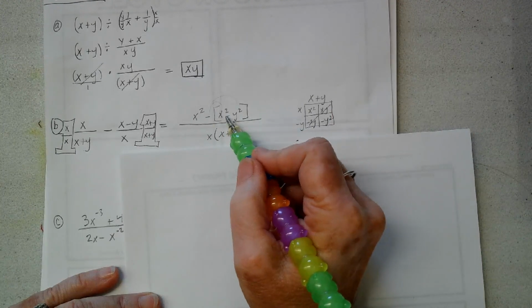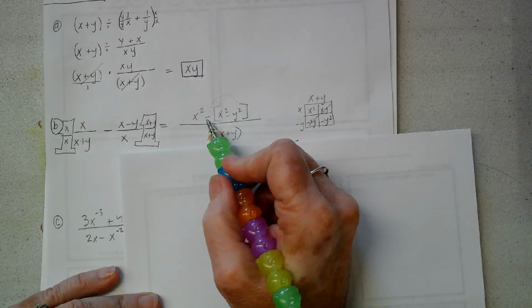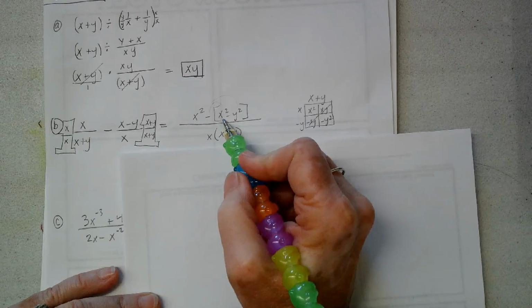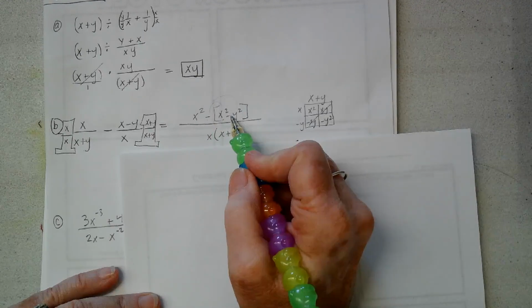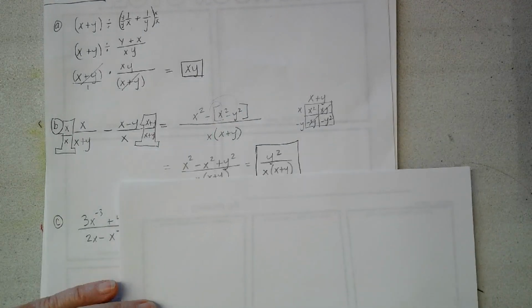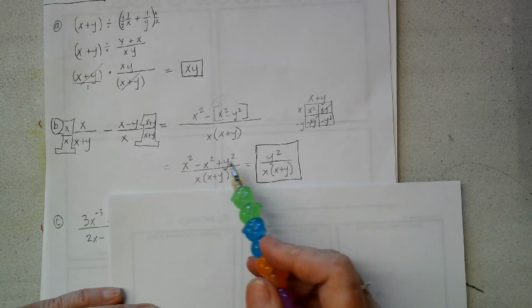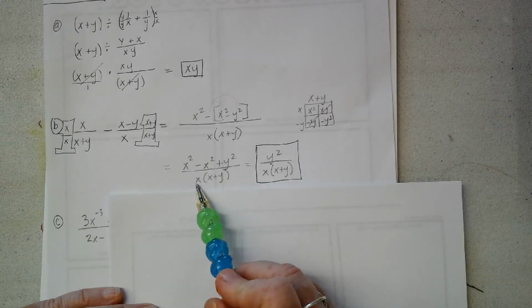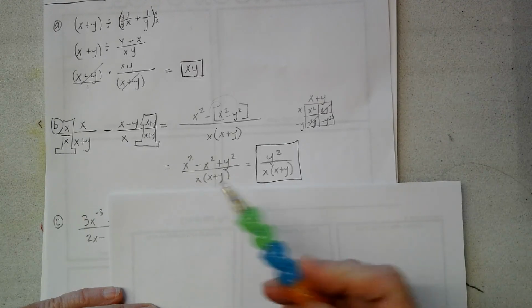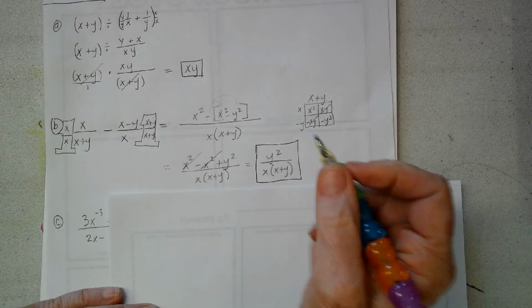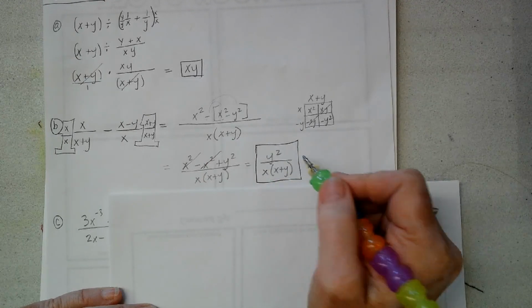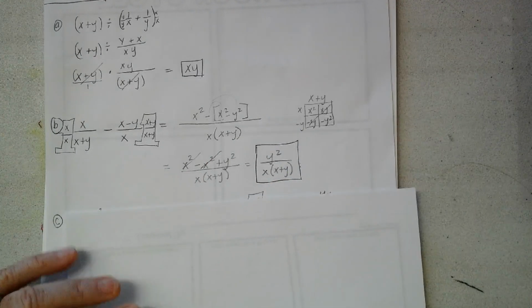Now when I distribute, I'm going to have x squared minus x squared. That's going to go away, and then the negative times the negative makes positive. So I'm just going to end up with this, and there's my common denominator, and then these x squareds cancel, and then I end up with this as my answer. And then for the last problem,